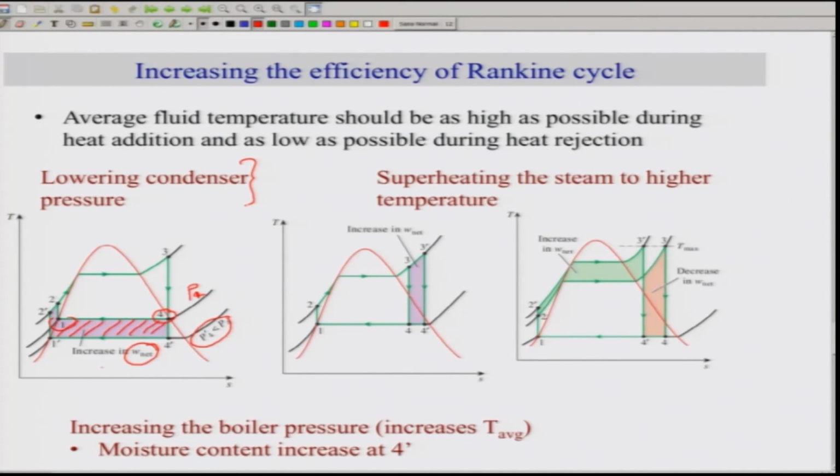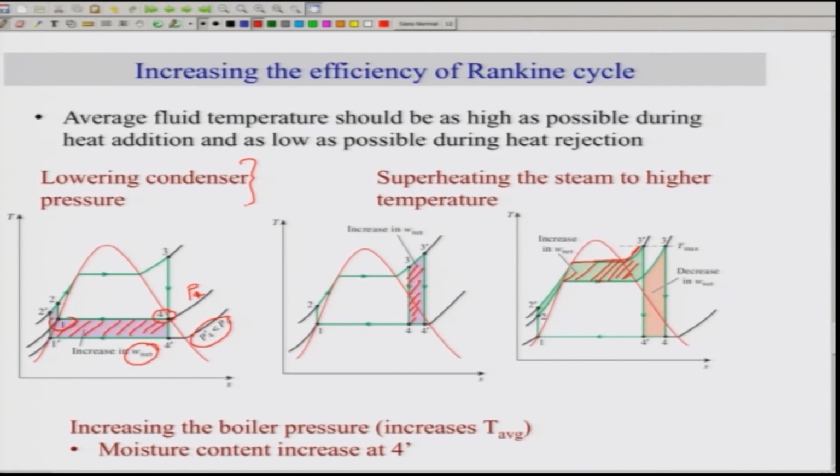Now similarly, one can also increase the temperature at which the state 3 is, that means the exit of the boiler, that means superheat the steam to a higher temperature. This will also increase the net work. You can achieve the same effect by increasing the boiler pressure. So either you increase this to here, or you can increase the boiler pressure, which will be the case of this. By doing that, you can also increase the W net,